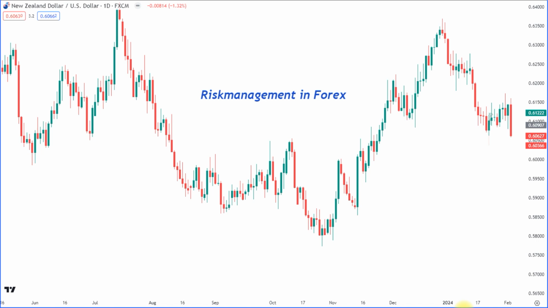Risk management in Forex, how to calculate your position size. This is what we're going to talk about in this video, because risk management is one of the essential topics in trading. Without proper risk management, the best strategy in the world can't succeed long term. So it's really essential to be able to calculate the correct amount of units to buy or sell for